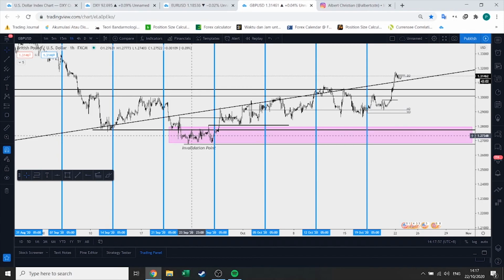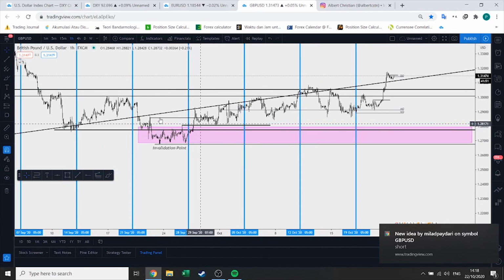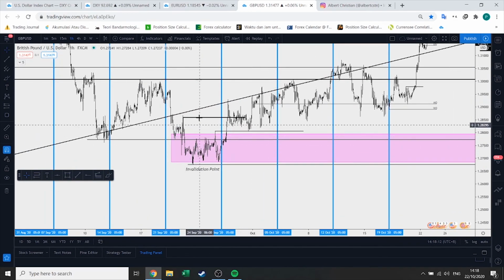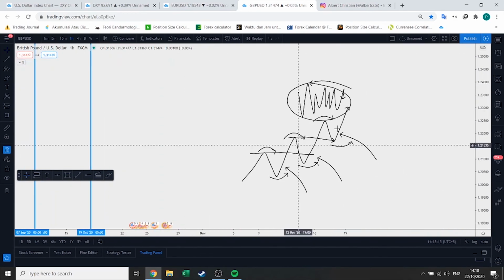Who are they selling to? If one person sells, one person needs to buy. Who are the retailers selling to? Market makers. Market makers are buying here. All right, so if we just use this logic,